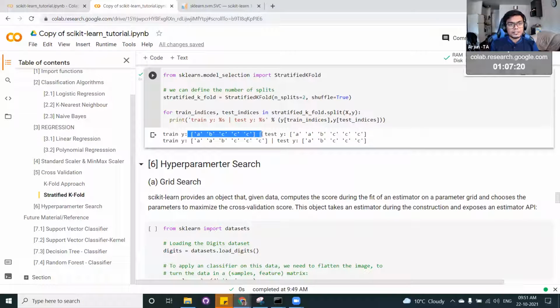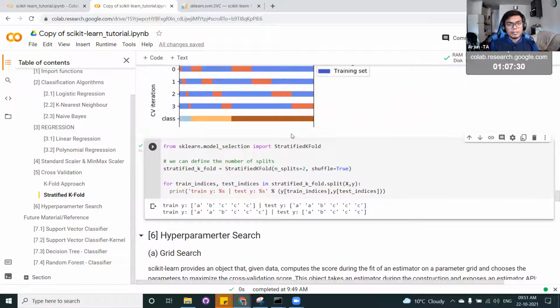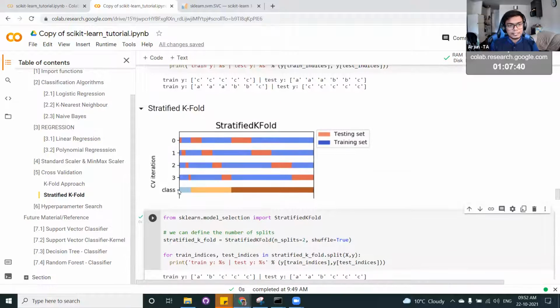So if you see the split here, in the training example you have A, B, and C. And similarly, even in the test set, you have A, B, C, like dog, cat, or lion. So it's a better representative both in training and testing. This would be very essential when you have an imbalanced data set. So you can see the distribution here.